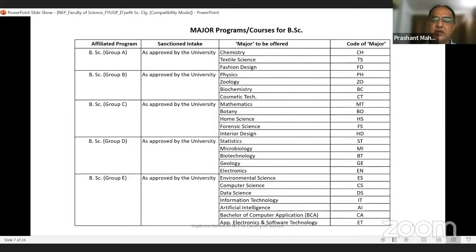This is the constraint we have adopted here: 5 groups. From the group in which you select a major, you will not be able to select a minor. There are the other 4 groups from which you can select a minor. This has been unanimously agreed by all the Board of Studies chairman members, and then finally I have shown it